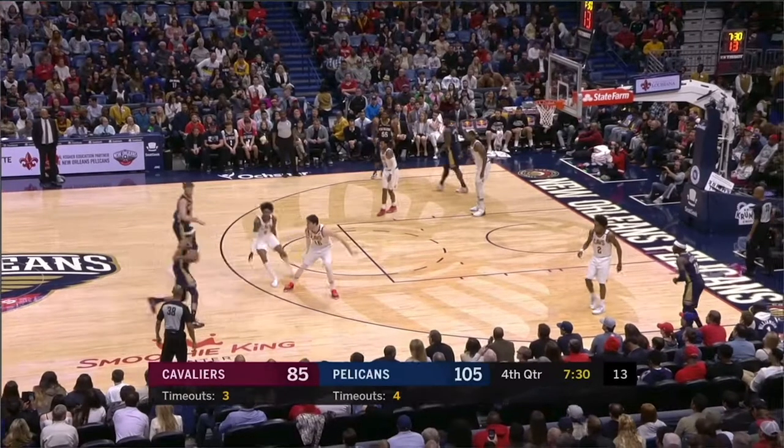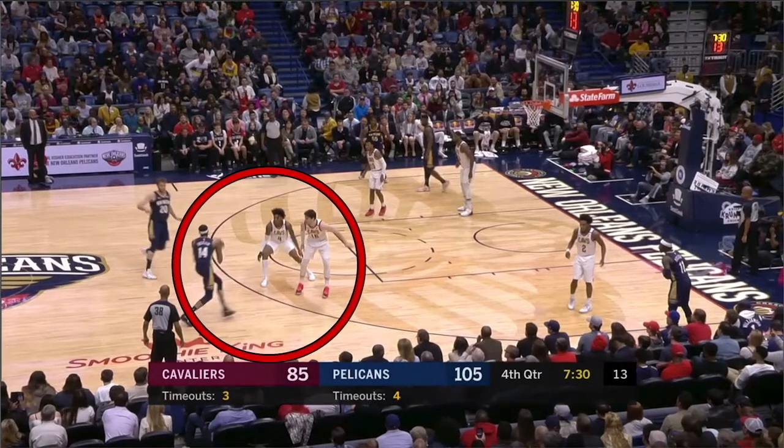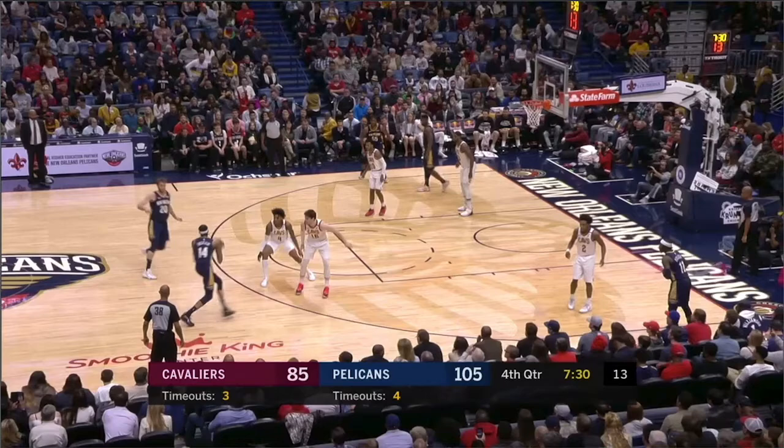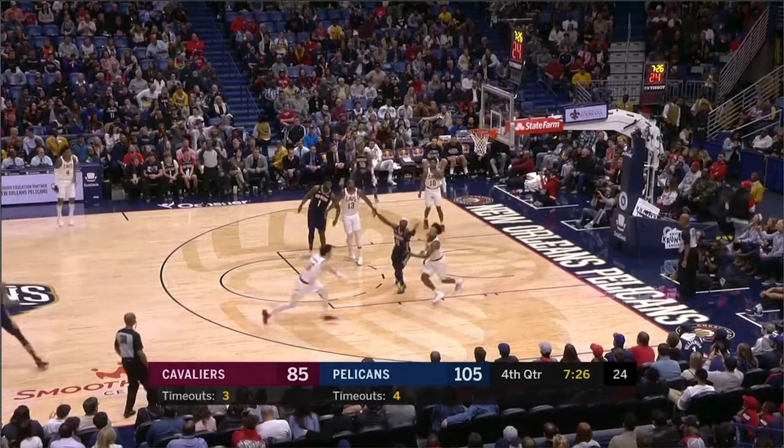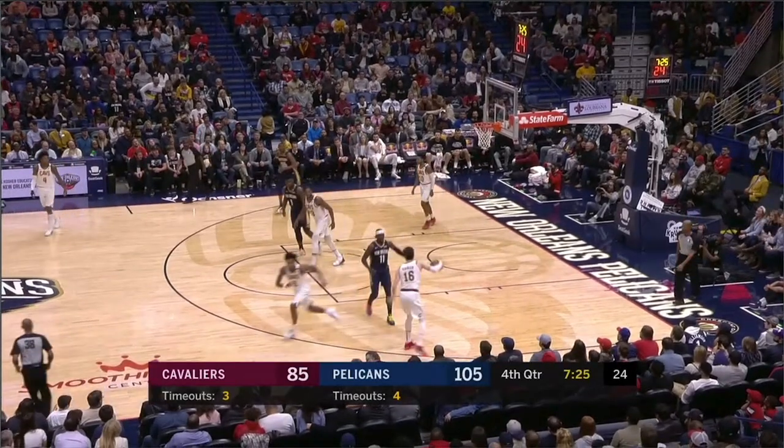Okay? So again, I don't know what happened here, but one of those 2 things just took place because, look, you got 2 players here going towards Brandon Ingram on a very basic play that really wasn't even that much of a screen. So now this player's just going to be open here for a catch-and-shoot 3, which he should never have. Now, again, he misses it, but that's bad defense. You just got lucky there.